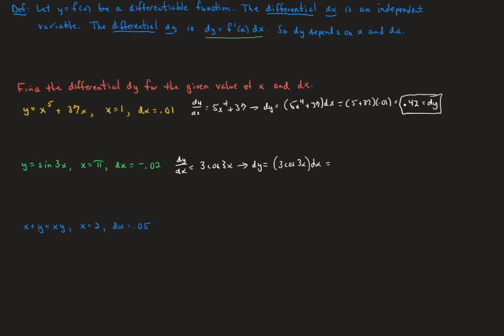Then we're going to plug in the numbers that we know. So the x value is going to be pi, so we're going to get 3 cosine of 3 pi times the negative 0.02, that's our differential dx. So cosine of 3 pi, if you remember, is going to be negative 1. So we're going to get a negative 3 times a negative 0.02, and that's going to be a positive 0.06